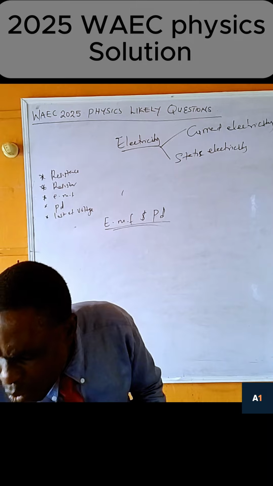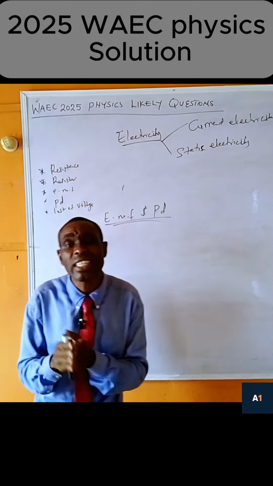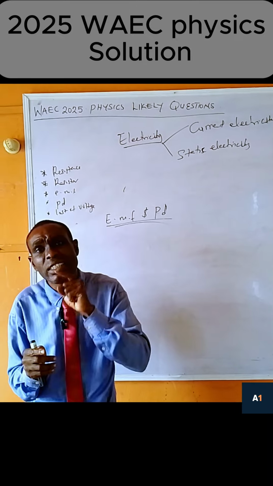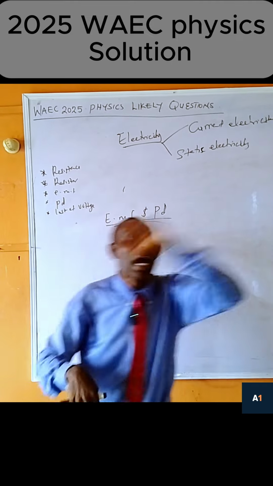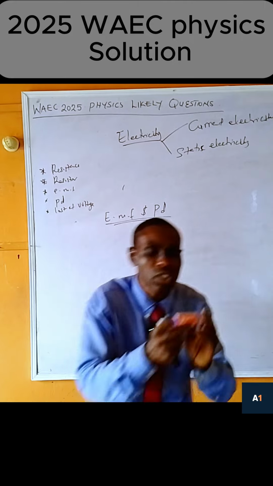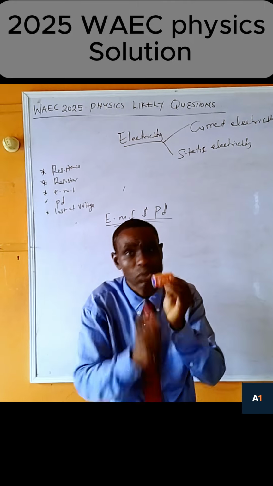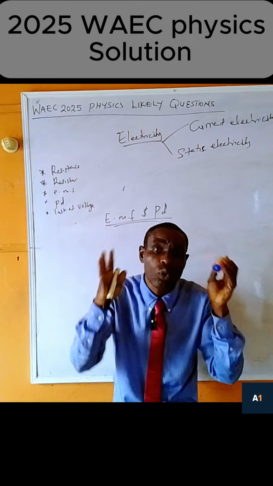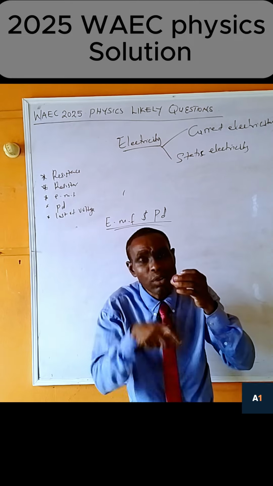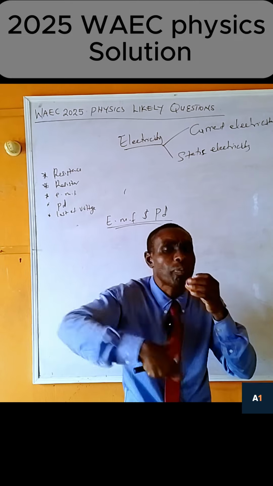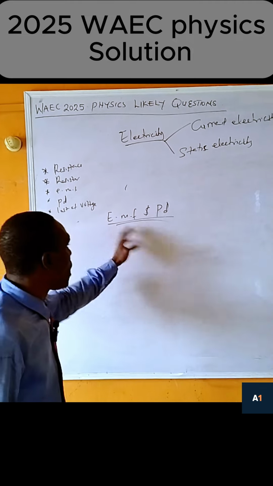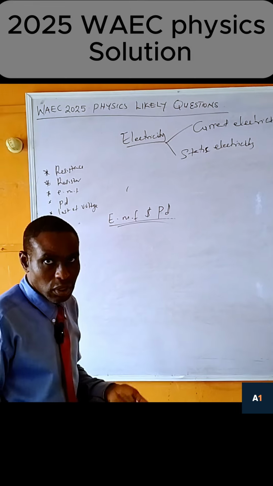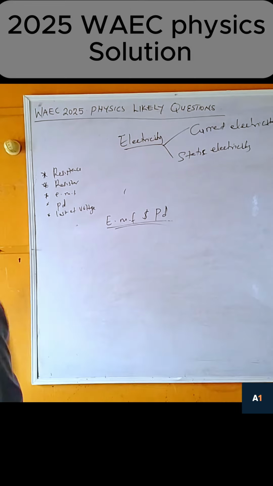So what is potential difference? Potential difference is the work done in taking a unit charge from one terminal to another, which means you have connected the negative and positive terminals in a closed circuit, to power something. So it is now PD. Both of these are measured in volts.